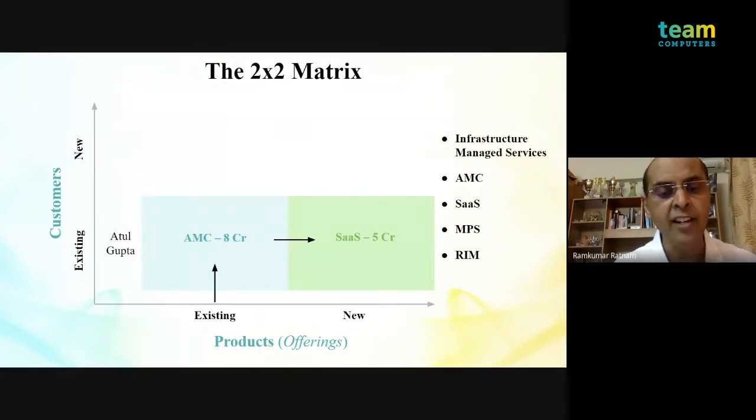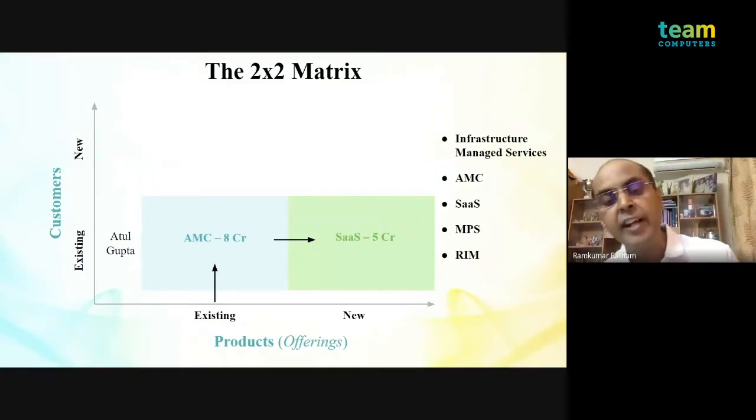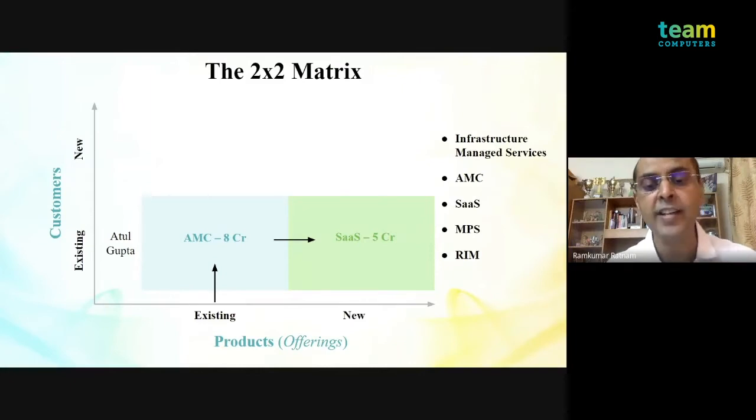So what I've done, I've navigated into the organization through the AMC. I've established my goodwill. Now I've navigated horizontally. I found out that the same customer also buys SaaS, and I position SaaS and I'm able to sell SaaS to him. Now that's not enough. I again have another 3 offerings in my bag, which I believe a company like Maruti would definitely consume, may not be from me, but it would be from someone.